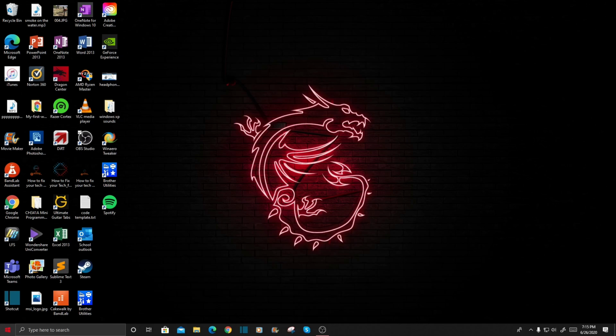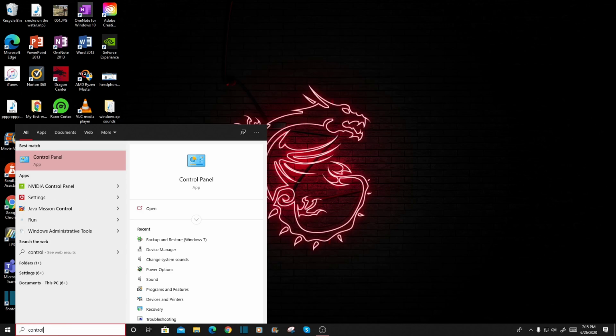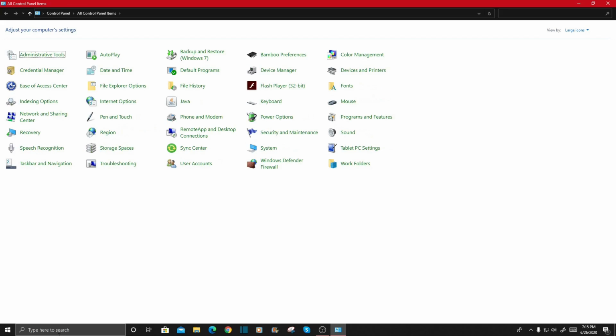Now, what you need to do is click Start and then search up the control panel. Now, as you might know, getting to the control panel on Windows 7 is a bit different, but I reckon you know how to get there. And if you don't, you just open the Start menu, and usually on the right of your Start menu, it says Control Panel. Now, what you do is you want to find Backup and Restore. If you're on Windows 7, it's just going to be called Backup and Restore, but if you're on 8 or 10, it's going to be called Backup and Restore Windows 7. Now, you want to click on that,